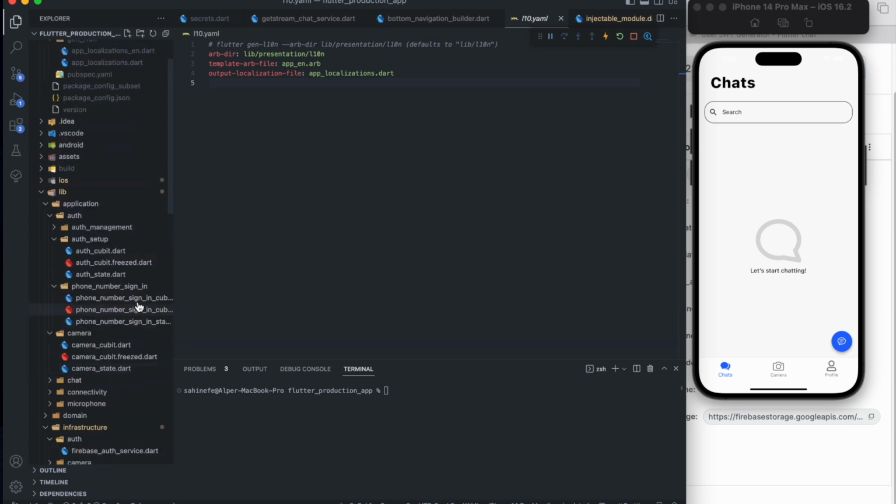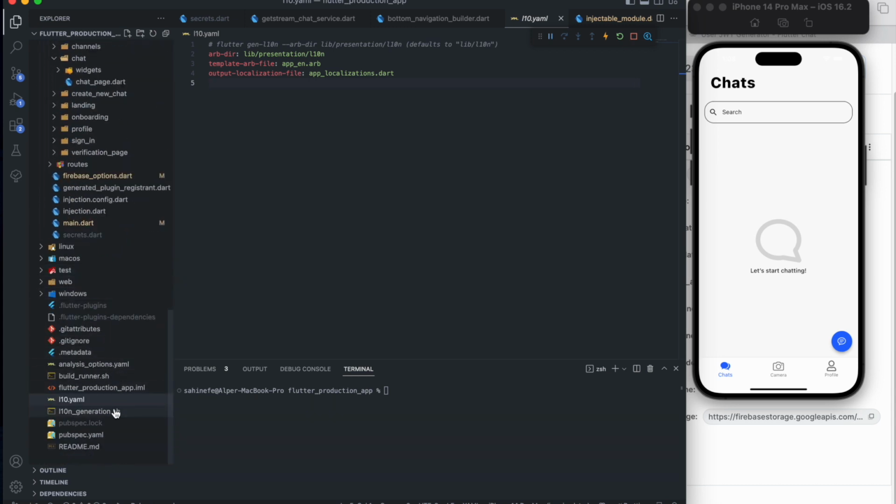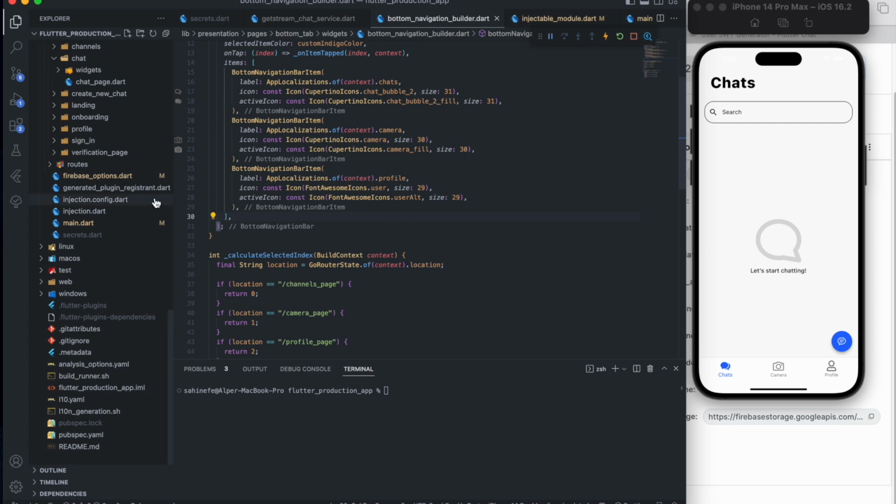To get rid of them, you may also need to run this code, which is actually the build runner code. So I just wanted to remind you, if you want to follow the code when you watch the video, these are the steps. Complete the Firebase section, get the firebase_options file, get the generated texts, enter your dev token